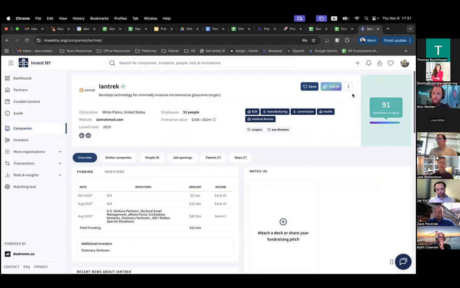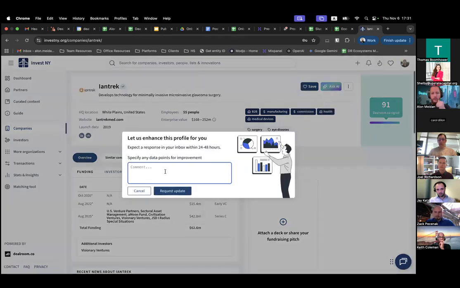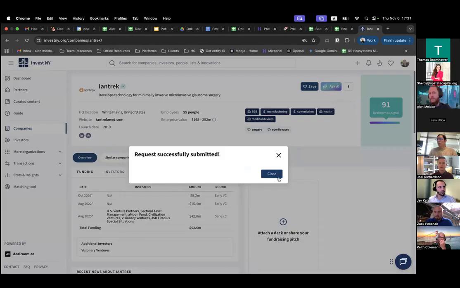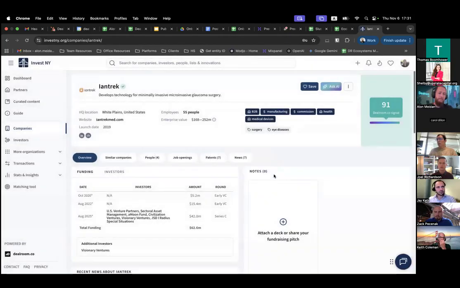So what you can do is click the 3-dot icon, click Request Enhancement, and then jot down something like, hi, can you see if there are more gray tags to be added? And I hit Request Update. That goes directly to our data team, and in a couple of days, they'll check it out and revert back to you with whatever they've found.